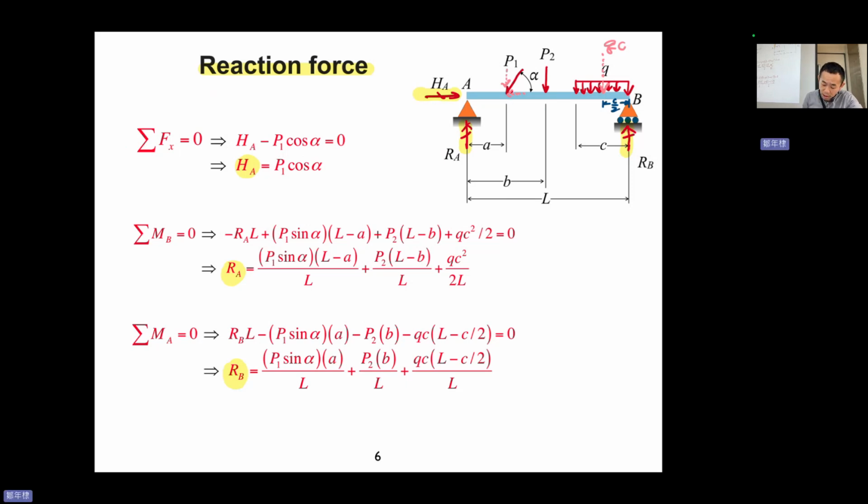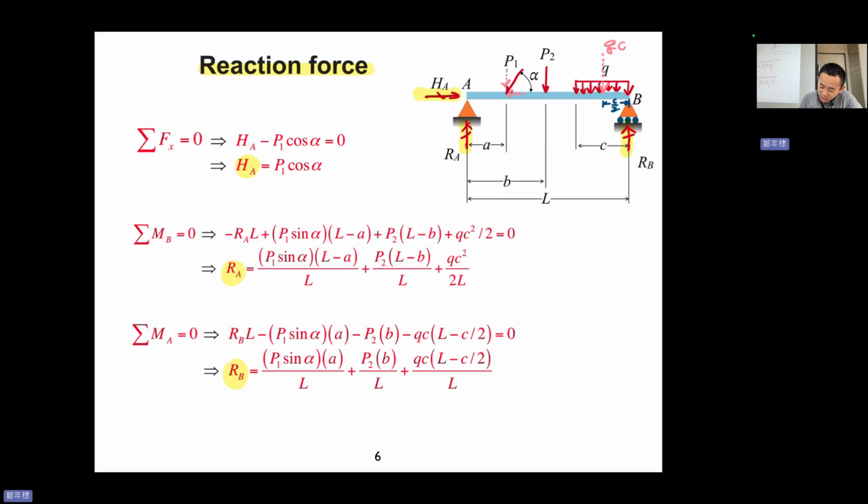Then your RA has been found. How about RB? Well, for RB, you have two solutions. The first one is that you take the moment about A as the origin. So you can see P1 sine alpha is counterclockwise, minus P2 counterclockwise P2B, and QC counterclockwise minus L minus half C, and RB is